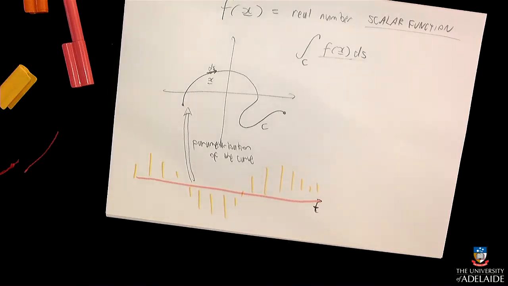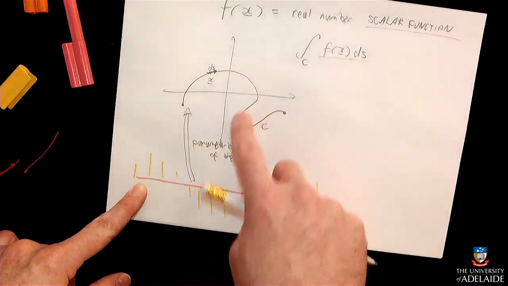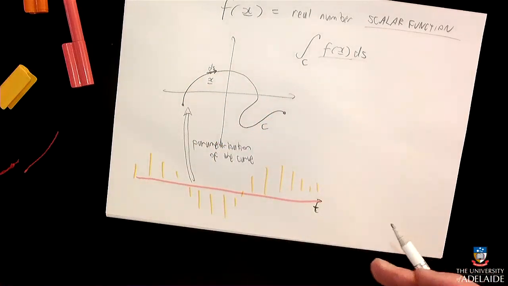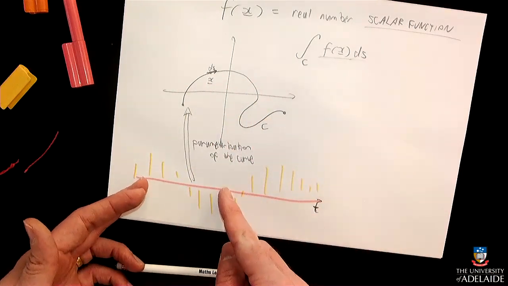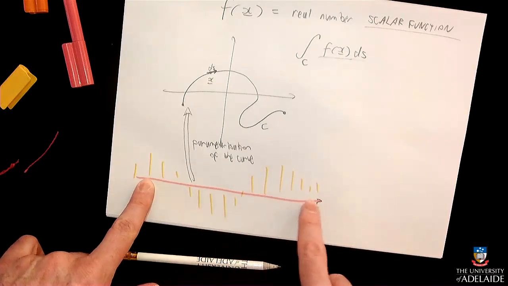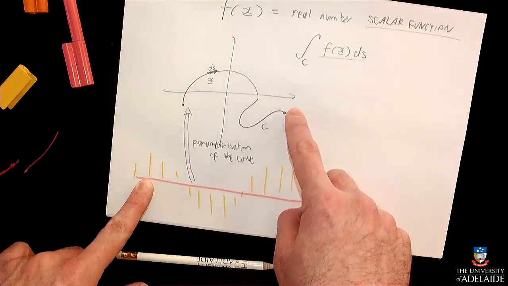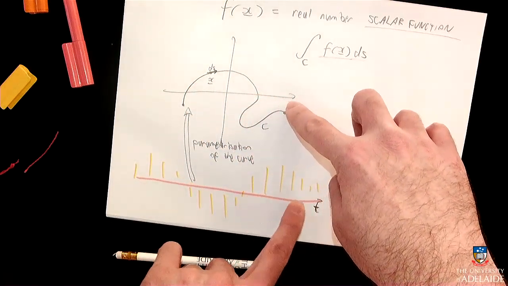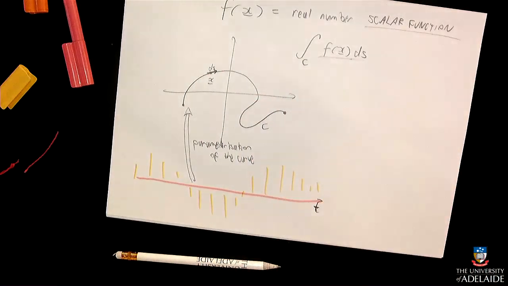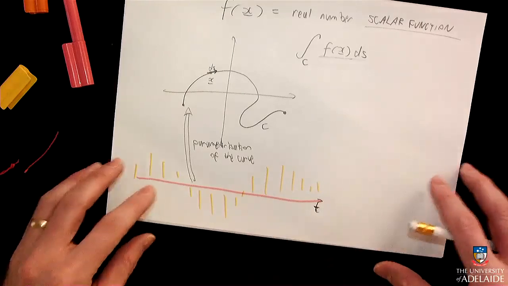Okay, so what I've done here is that this t is a literal length along the curve, but it doesn't have to be. This line here does not have to be the same length as this. It could be half as long. It could be that zones here move at different speeds on this curve. At the beginning it's moving really fast, and then at the end it's going really, really slow. And so what you're actually going to have to do in this sum is keep track of how fast the curve is moving as t moves forwards, and take that into account when you do your integral. So this parameterization